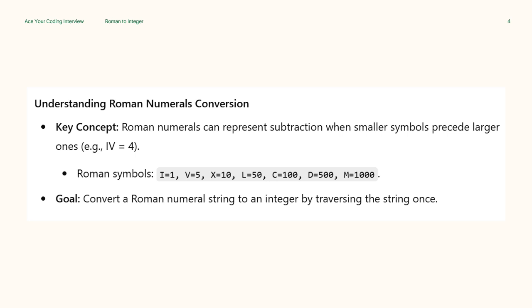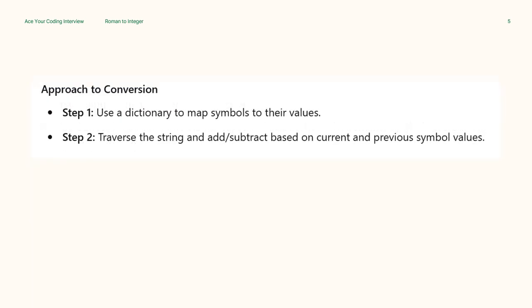The goal of the algorithm is to efficiently convert a Roman numeral string into its integer equivalent. This is achieved by traversing the string once and applying logic to handle both addition and subtraction scenarios. The first step in the conversion process is to create a dictionary that maps Roman numeral symbols to their corresponding integer values. This provides a quick and efficient way to look up the value of each symbol during the traversal